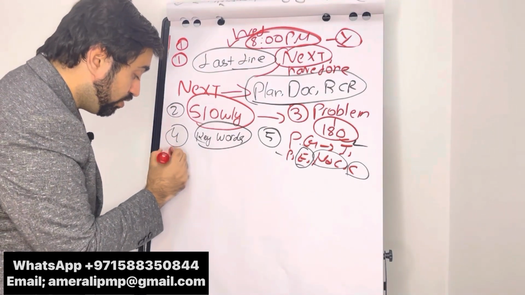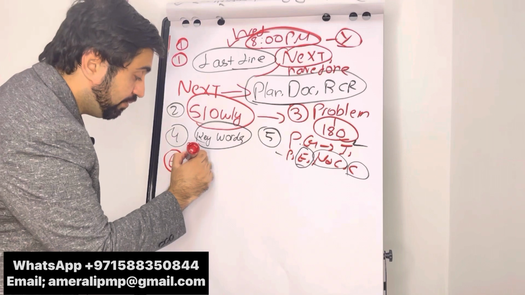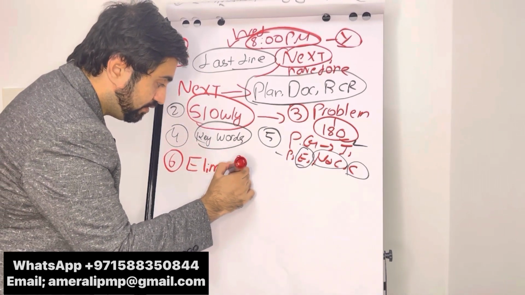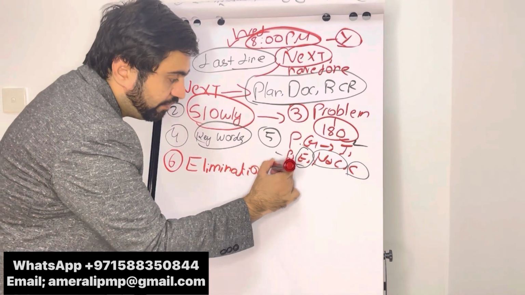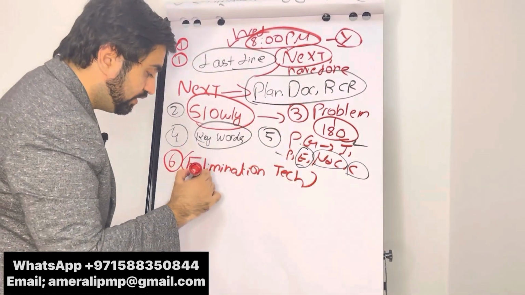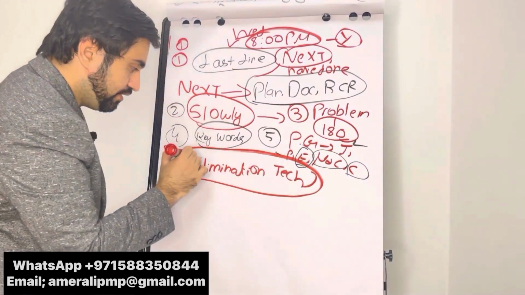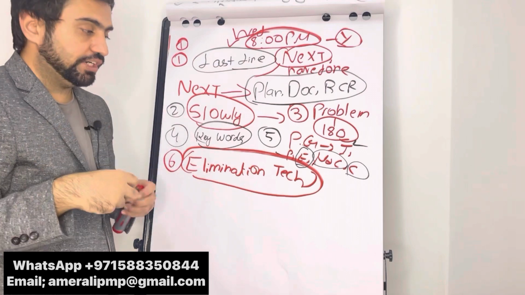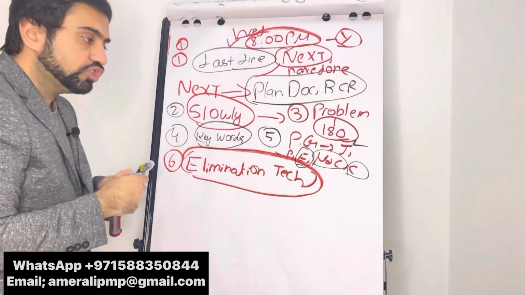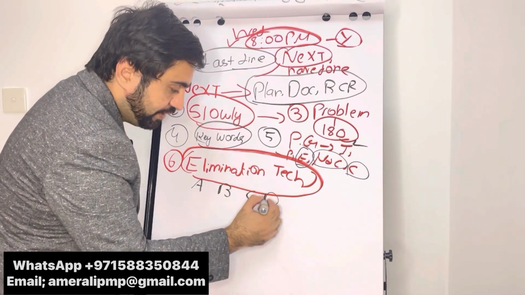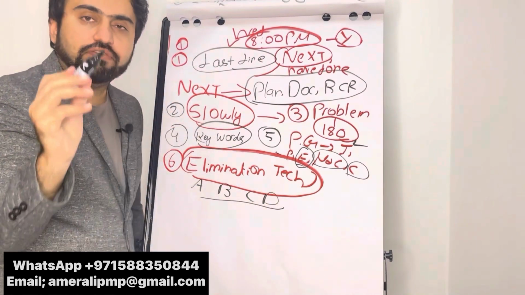Then now go to the actual question and the most important thing, the elimination technique. If you don't do any of those things, but if you can just do this one thing, you will get 80-90% of your questions right. Go through each option, let's say A, B, C, D, there are 4 options. Go to every single option,